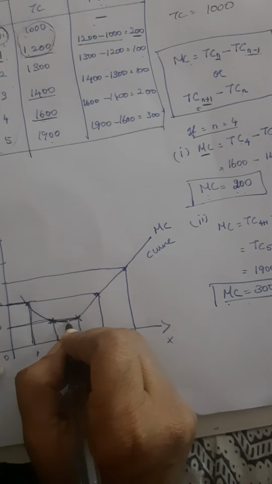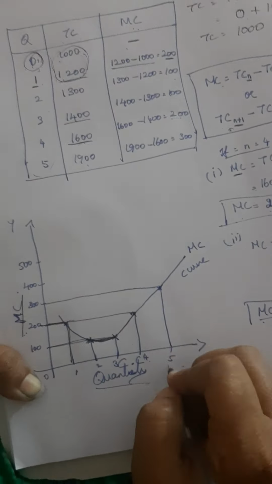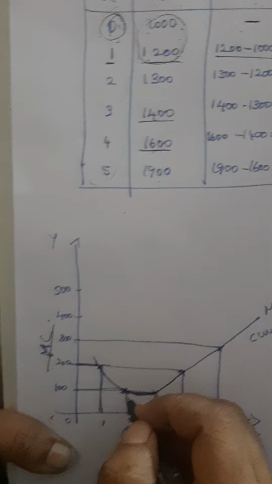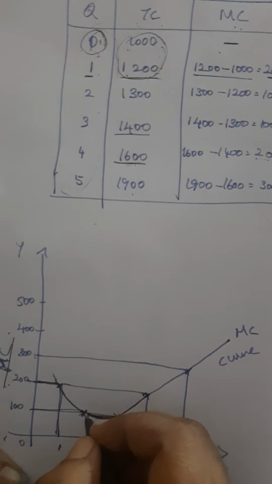But again, when you are giving the additional product, the marginal cost increases by 200. Next, in the fifth one, when you are giving the fifth unit, the MC is 300. From the graph itself, you may know that MC falls at first. When you are giving the first product, the MC falls there. The MC falls due to the more efficient use of the variable factors. When we are using the variable factors efficiently, the marginal cost will fall.